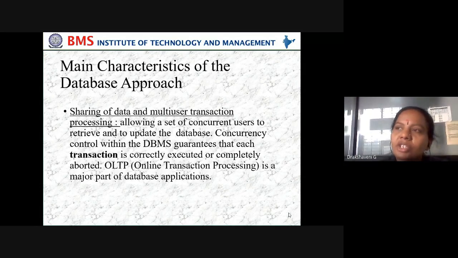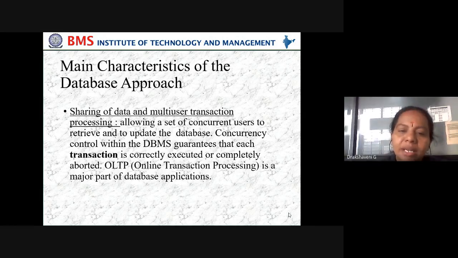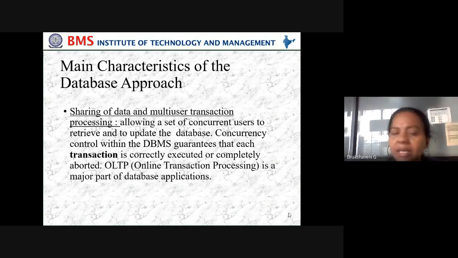So for our transactions, we are using multi-user transaction processing, allowing a set of concurrent users to retrieve and to update the database. Concurrency control within the DBMS guarantees that each transaction is correctly executed or completely aborted. So what is this concurrency control doing? Concurrency control is checking